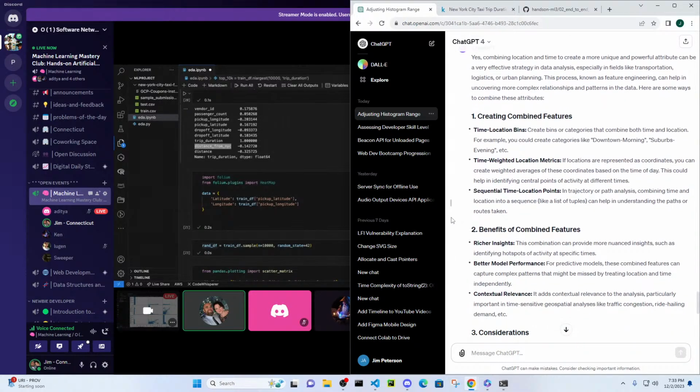Yeah, I was just looking at a couple different ways to combine these things. So a couple different ways is time located bins, which I don't really like this idea, but create bins or categories that combine both time and location. For example, downtown morning. But the thing is, this would be a couple of steps. So we'd actually have to take our coordinates and create bins with them to create either neighborhoods or districts. And then based on those neighborhoods or districts, we could combine our neighborhood and district bins with our time bins,